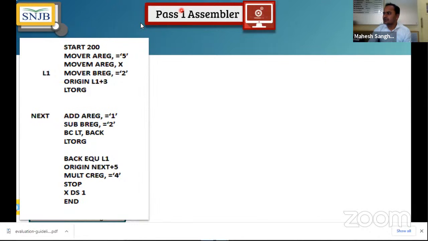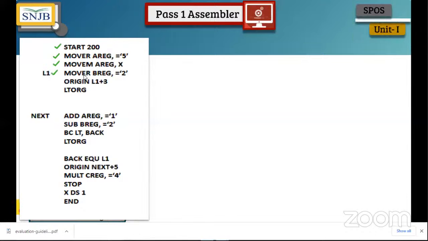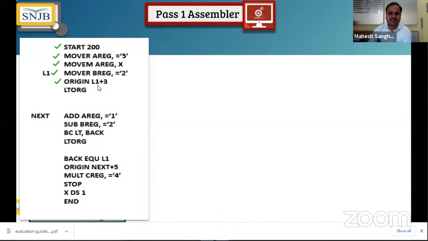ओके, सो दैट यू विल अंडरस्टैंड दैट दिस पर्टिकुलर इंस्ट्रक्शन इज अल्टीमेटली नोन एज स्टार्ट, यानी आपको प्रोग्राम को स्टार्ट करेगा. मूव आर, ये क्या कर रहा है, रजिस्टर का वैल्यू जो भी है 5 जो भी है, ये ए रजिस्टर में मूव कर देगा. मूव एम, एक्स का वैल्यू रजिस्टर में मूव कर देगा. मूव आर फिर से वही करेगा, मूव इंस्ट्रक्शन. ओरिजिन मैंने आपको बताया, इट विल चेंज द वैल्यू ऑफ योर लोकेशन काउंटर जो यहाँ पे असाइन किया गया था. ltorg, इट विल सेज दैट